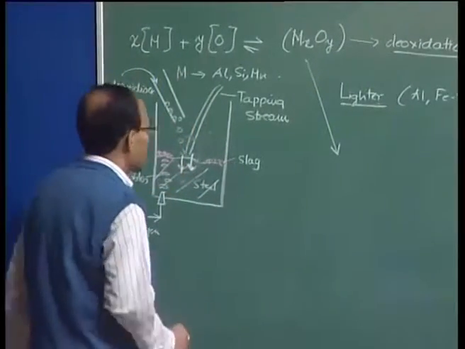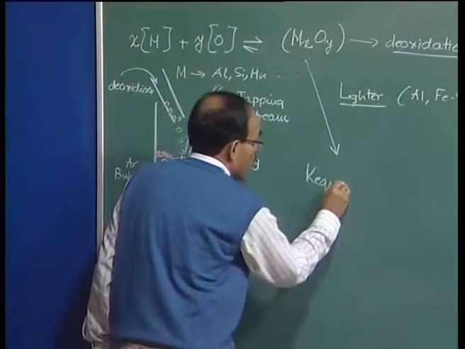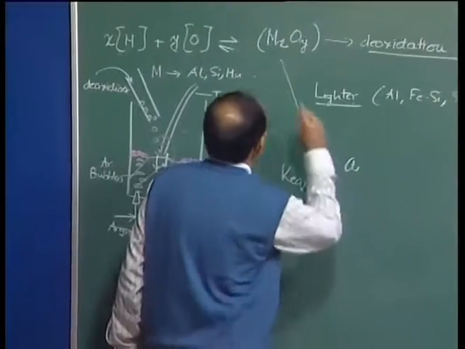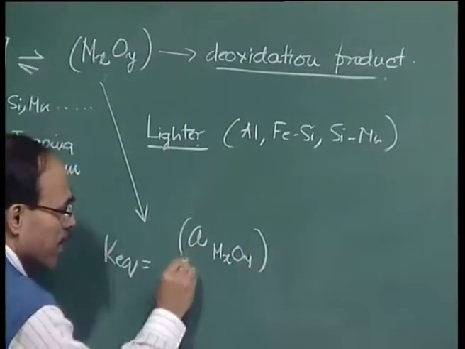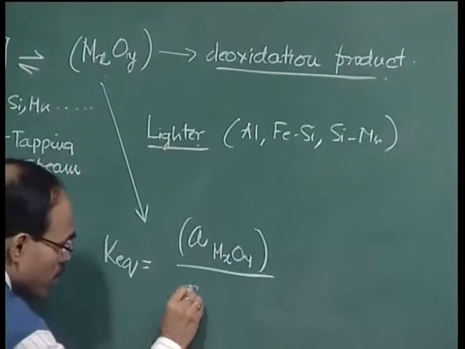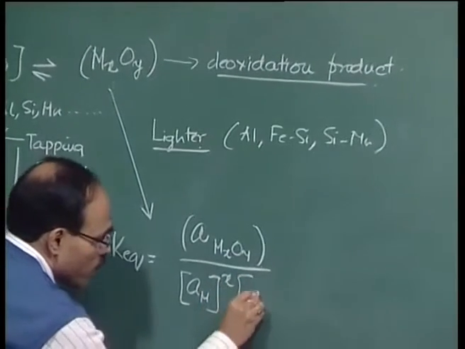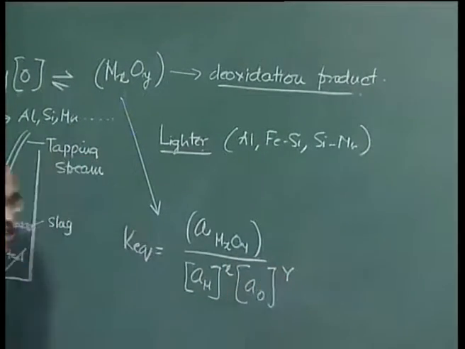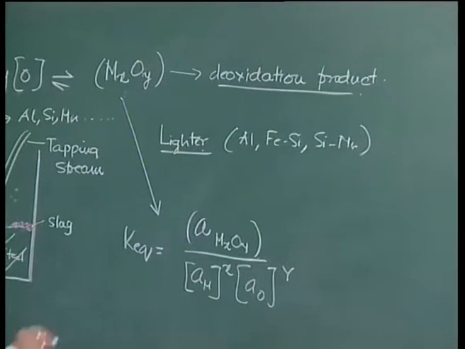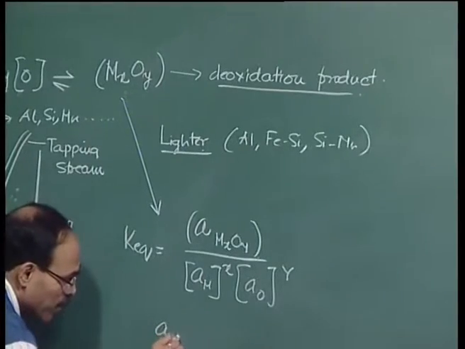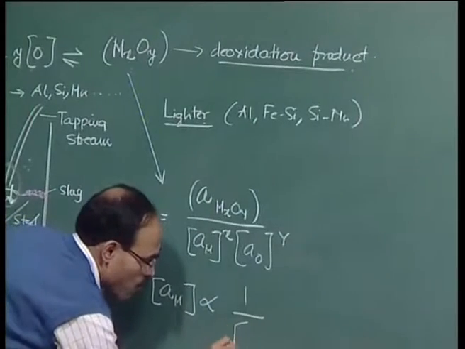because we want to study the thermodynamics of the deoxidation process first, we can say that the K equilibrium is going to be equal to activity of the metal oxide MxOy in the slag, and then activity of metal raised to the power x and activity of oxygen raised to the power y. For the time being, taking the case of a pure deoxidation product, we can find out that activity of metal in the bath is going to be inversely proportional to